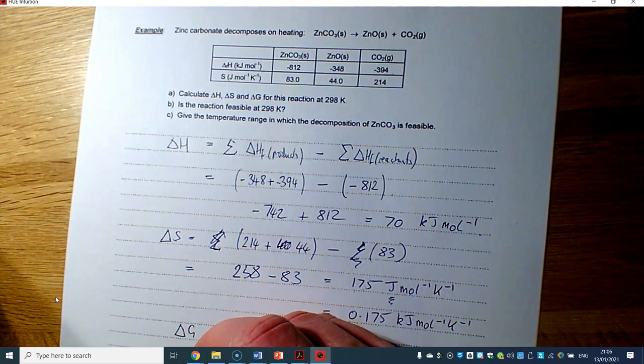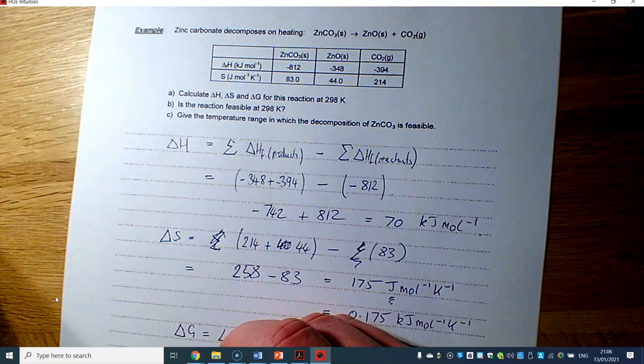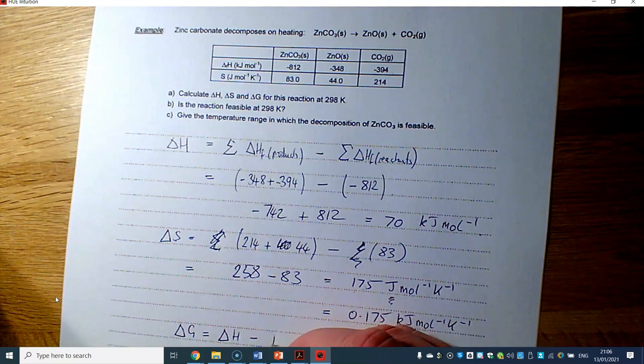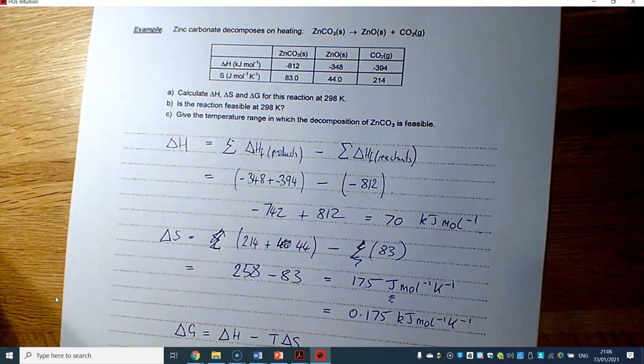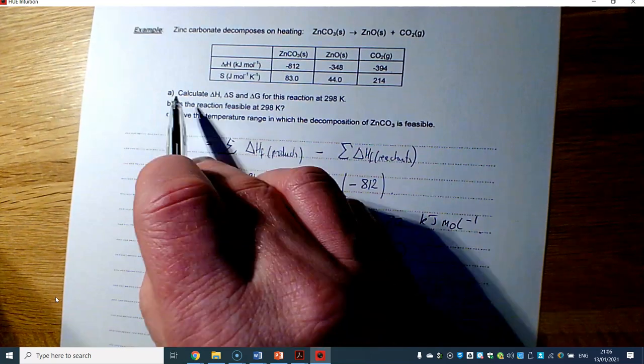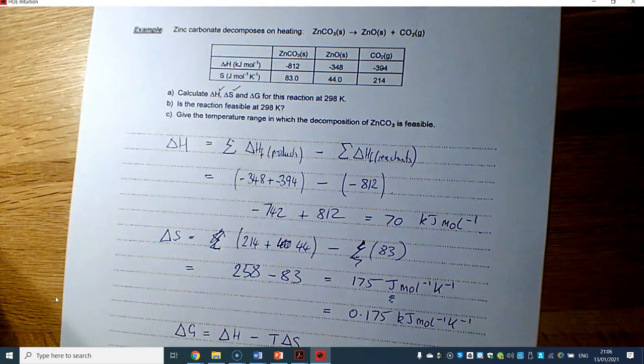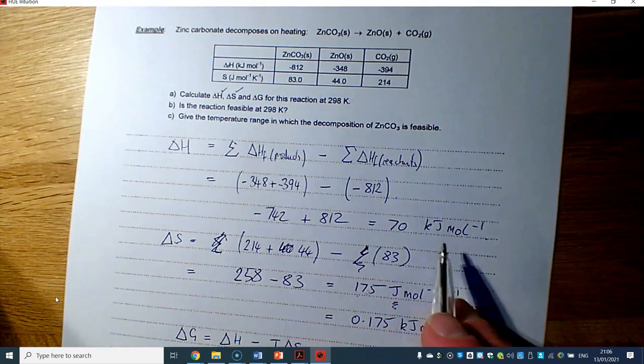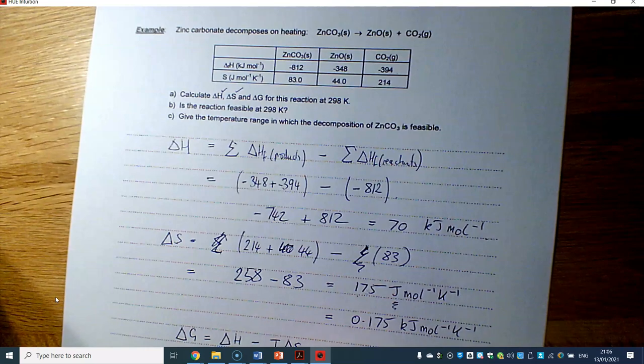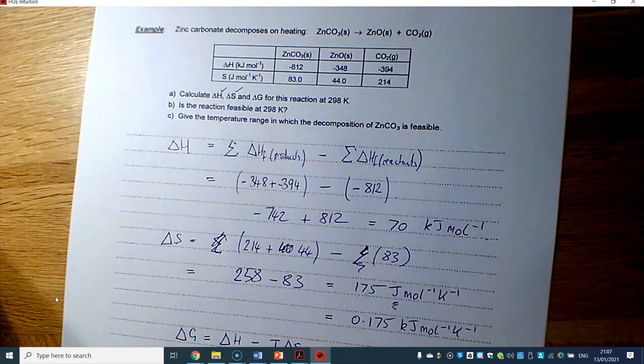The equation you need to learn, memorize, be comfortable with: delta G equals delta H minus T times delta S. So this is all part A still, by the way. We're just calculating delta H. We've done that. We're now calculating delta G. Delta G is equal to 70 take away the temperature, which is in this case 298, times 0.175, and that comes to,